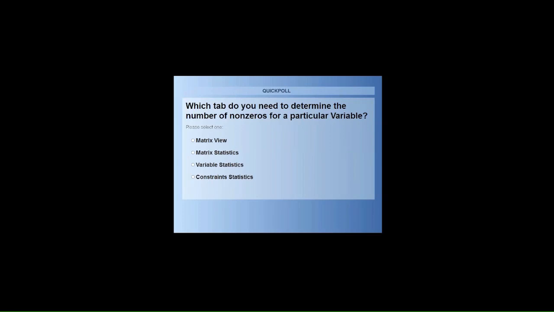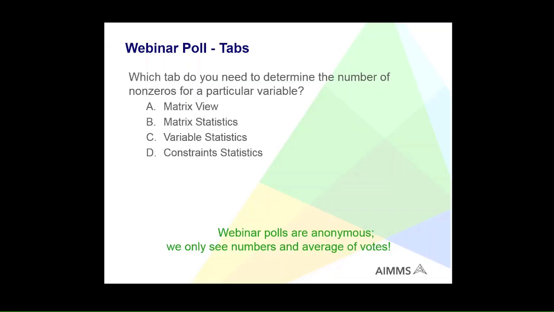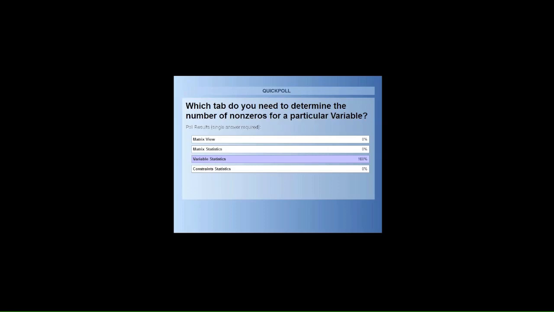So votes are coming in. We'll wait a little bit longer. Not everyone has voted yet. And I'm going to close it down. It's closed. I'll share the results, and everyone chose the variable statistics. Okay, good. Yes, because